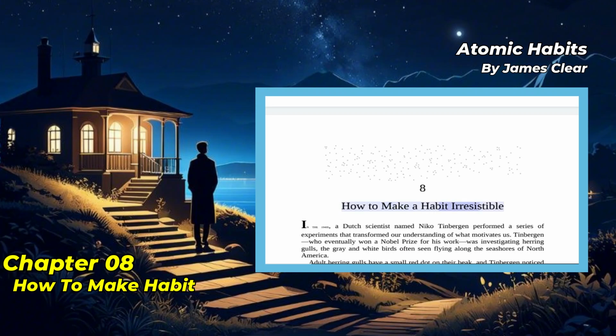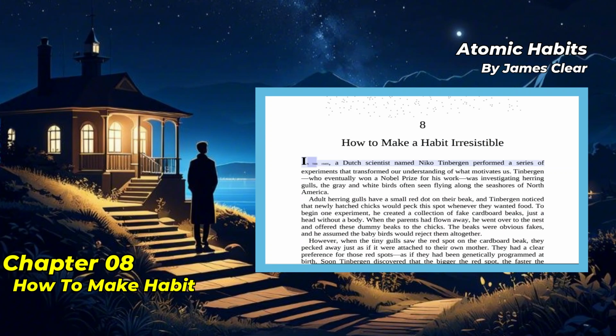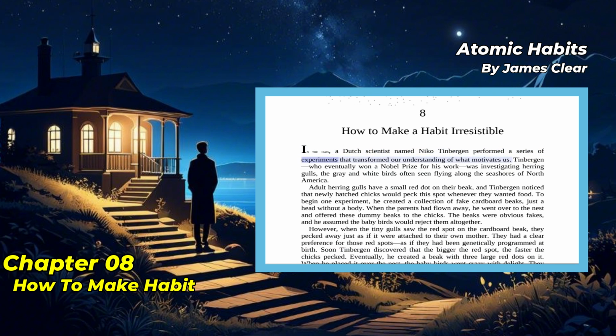8. How to make a habit irresistible. In the 1940s, a Dutch scientist named Nico Tinbergen performed a series of experiments that transformed our understanding of what